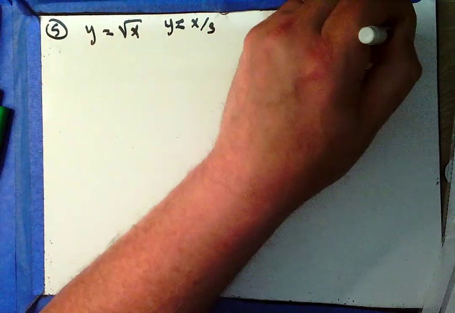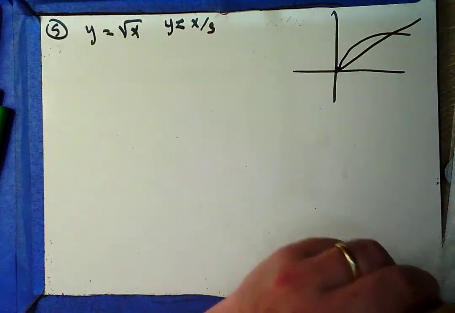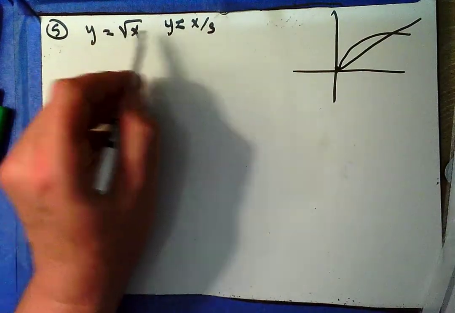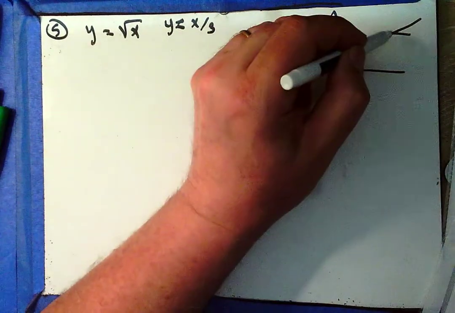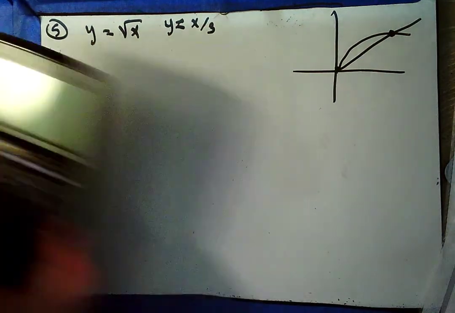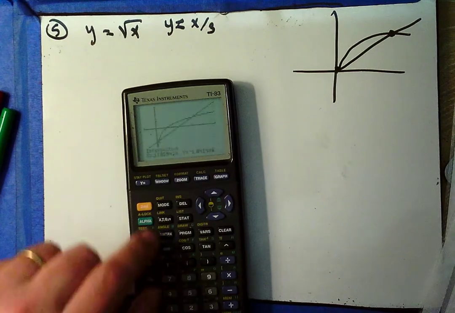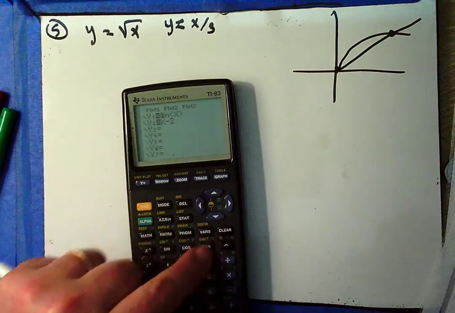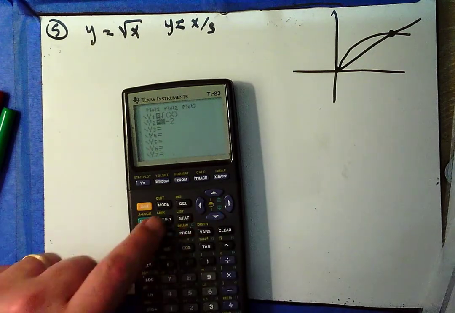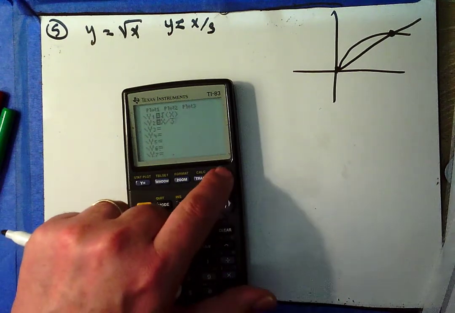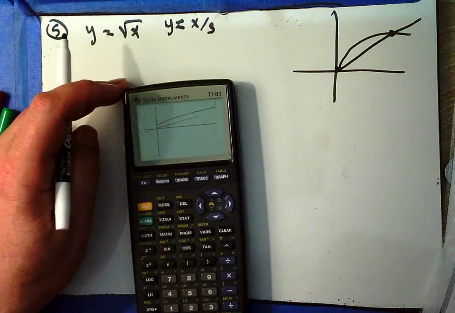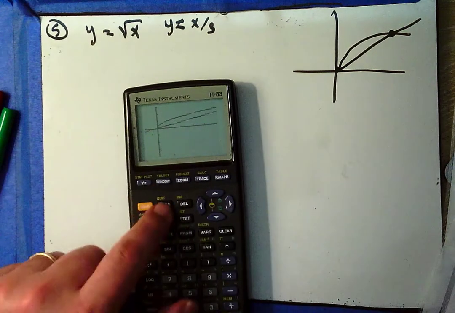We've got our square root of x. We have our x over 3. This one is with calculator, so even though I might think about setting this equal to this and solving to find that point of intersection, I'm just going to use my calculator to find that point of intersection because I got places to go and things to do. So let's change this to square root of x, and let's change this to x over 3 and graph. Boom, boom, boom, boom, boom, boom. Ooh, look, that's way out there. Okay, so